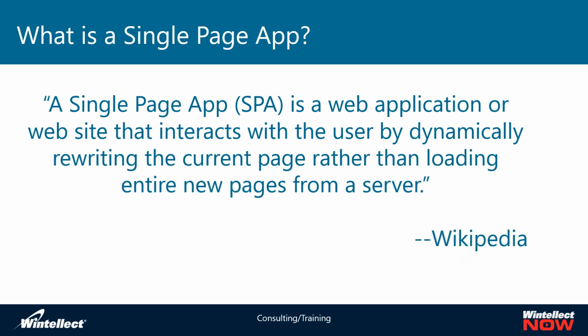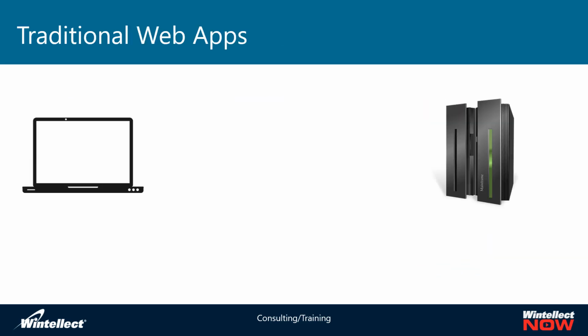So to animate this, I thought it'd be appropriate to show you what this looks like with an interactive graphic, if you will. And this basic animation illustrates what a single page application is versus a traditional web app. In a traditional web app or website, the browser on the left, the client, represented here by this laptop icon, will make a request, say get web page, and then it will send that request over to the server, and then the server on the right here will receive that request,